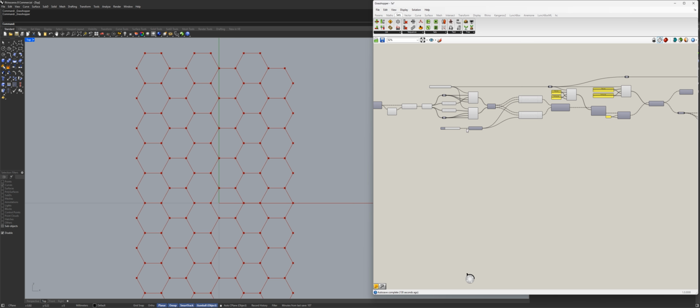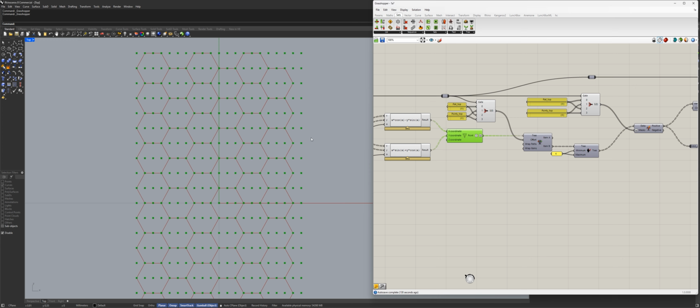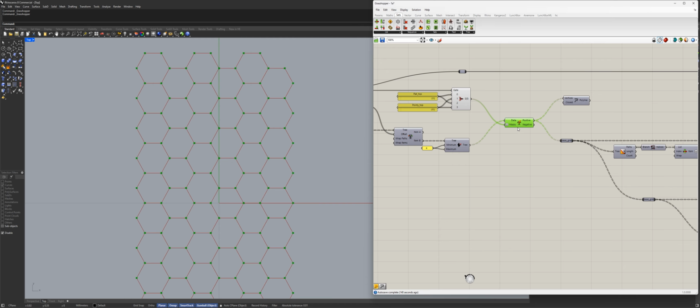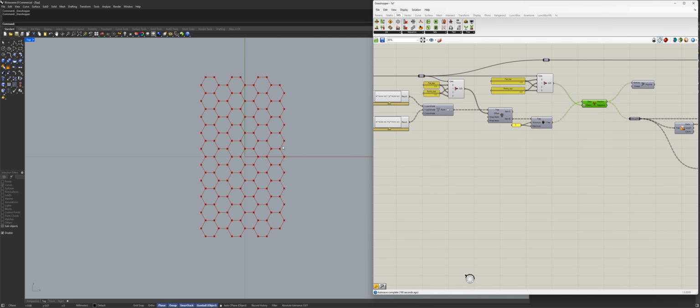Well, I will remind you that originally we had a grid of points which actually has the centroids. Here they are. But then we filtered it and now they're gone. I can of course go back, take the specific points, merge them together using data management again and do all of that. But because we are working in 2D, once again, that's one of the reasons why we're not working on the surfaces right from the get-go,